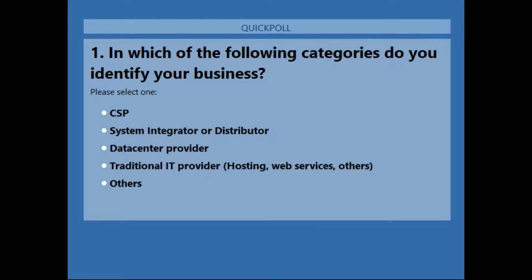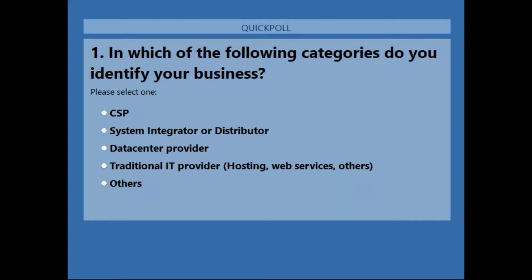Before we get deep into the session, I'm keen to have this be a very interactive session. I'm also keen to understand what kind of audience we have in this forum. I've just done a poll right now to understand what category of people we have here. Do we have CSPs? Do we have system integrators?